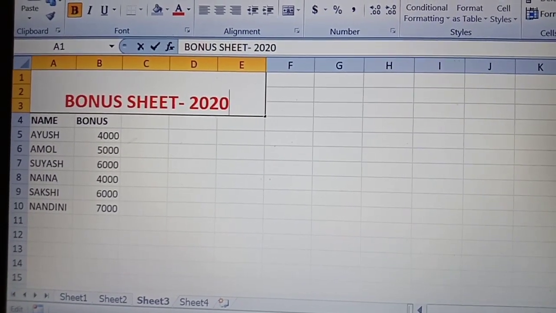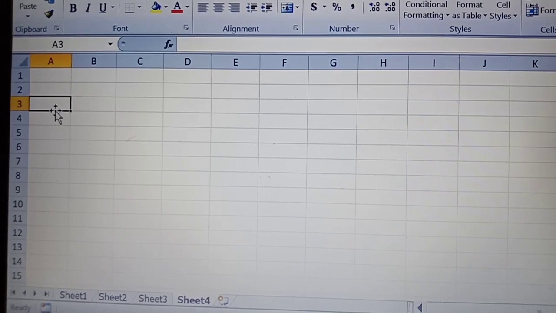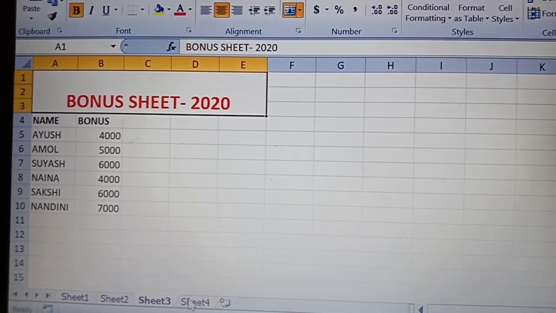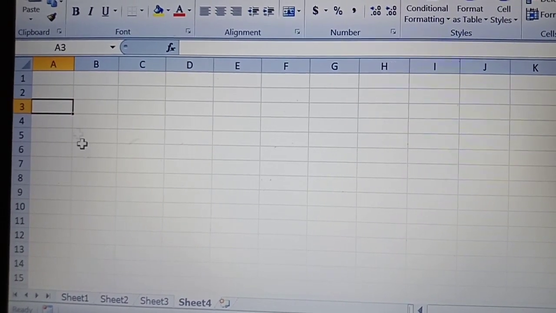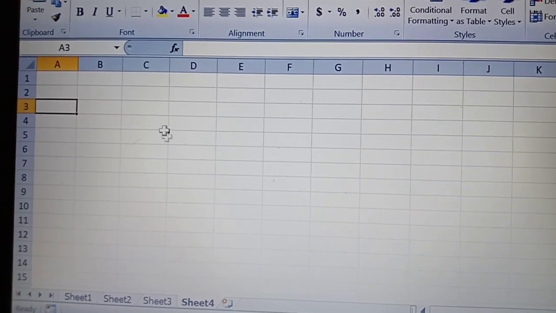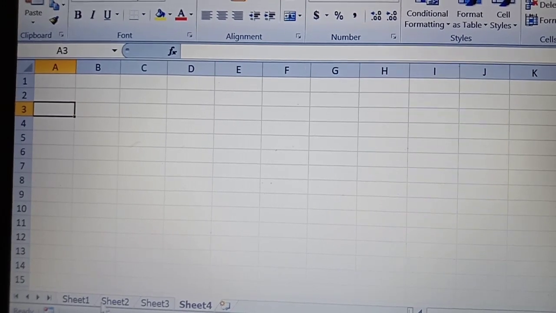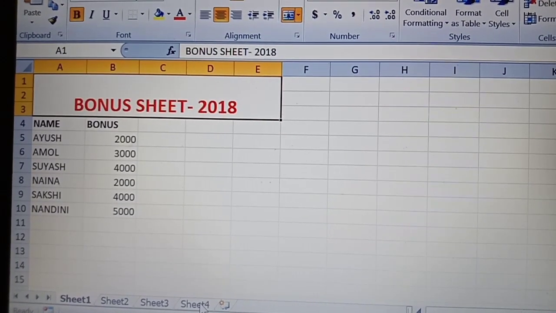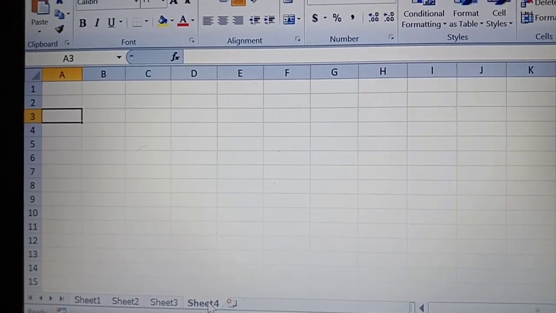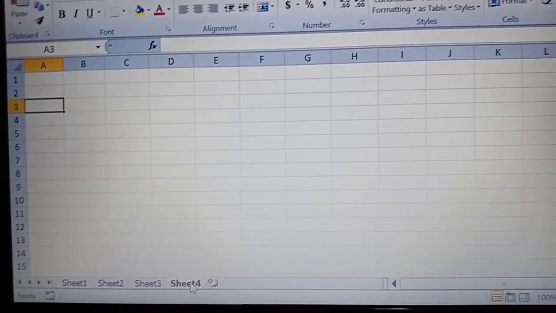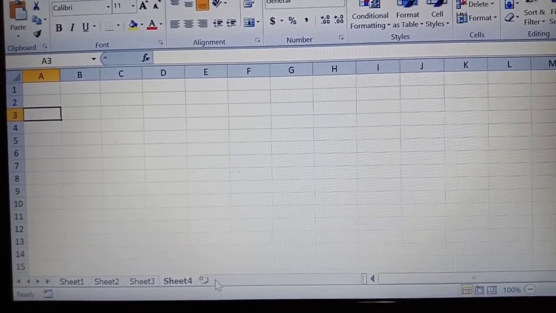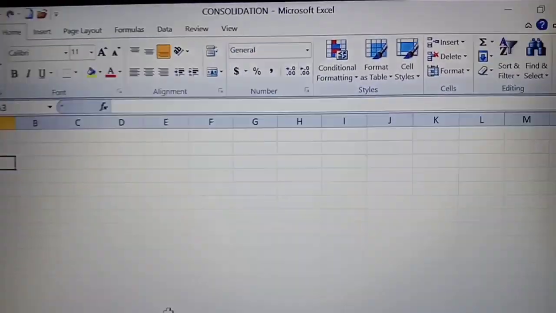Right now I want to calculate the total bonus I have given to my employees over the past 3 years, which are in different sheets.